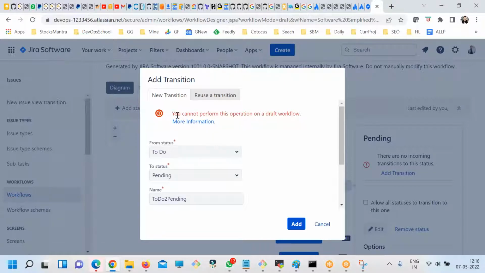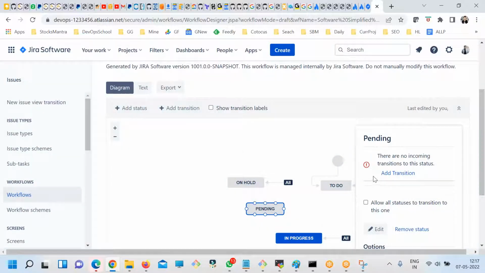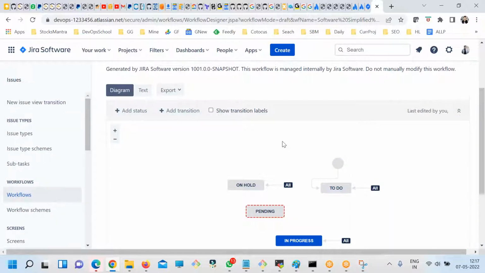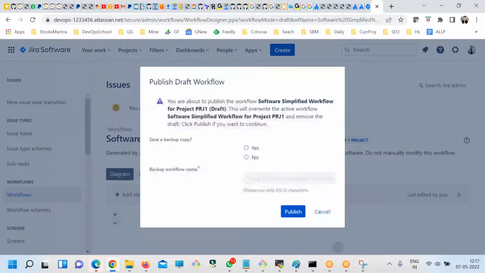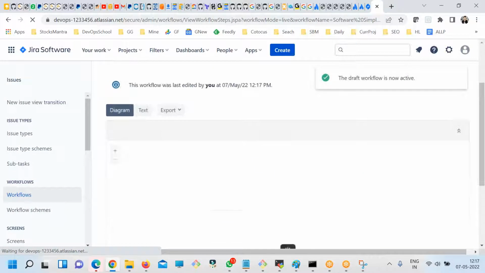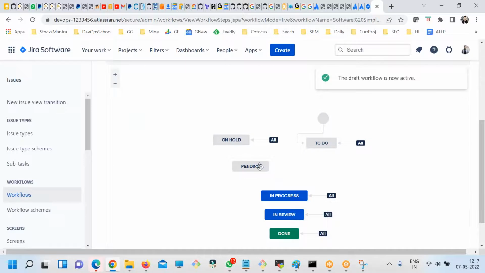Earlier it was not there like that. You cannot perform this operation on draft workflow. Okay, let me do one thing. Maybe in the cloud there's some customization stuff like that. So I'll just follow this. Again, I'll go here. So pending and